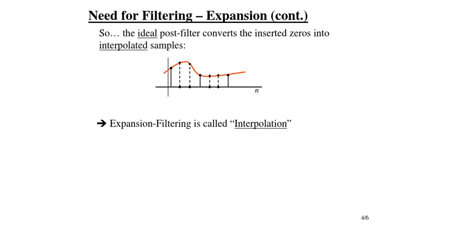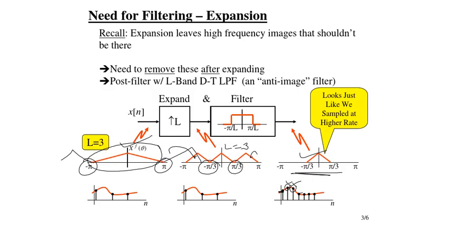Again, I will remind you that we call this thing either an expander or upsampler, and when we use it combined with a filter, we call it interpolation. There are different types of interpolation. When we start with interpolation we introduce zeros, and in this process we directly got some samples. There are some other interpolation methods that I will talk about later.